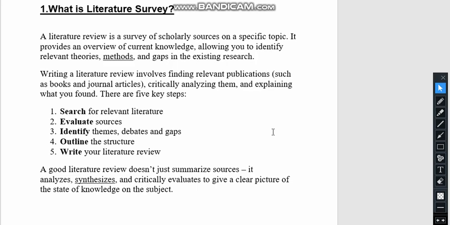It also helps in finding the relevant publications such as books and journals, critically analyzing them and explaining what you found. The literature survey is basically done in 5 steps and I am going to discuss all these steps in detail. First,